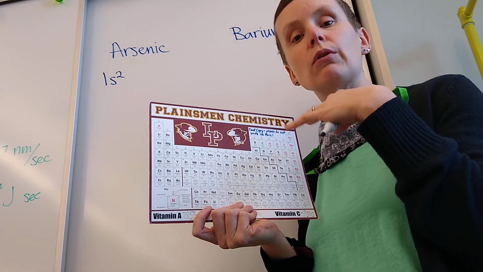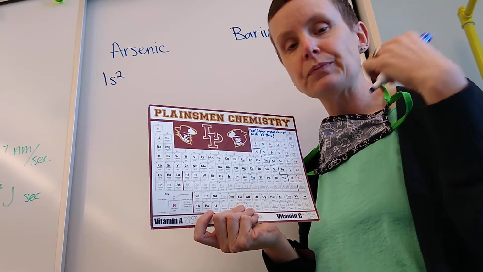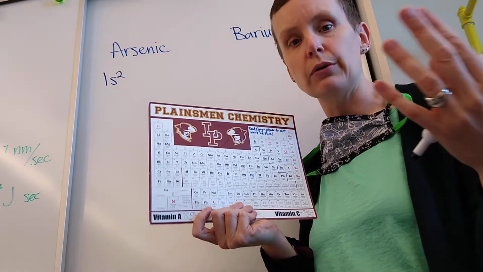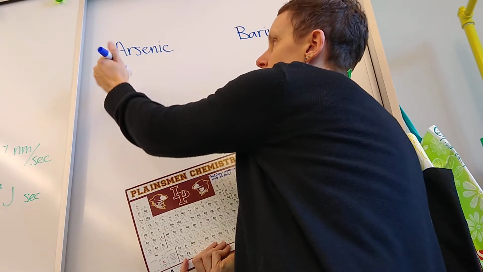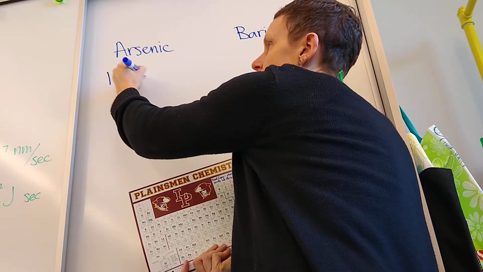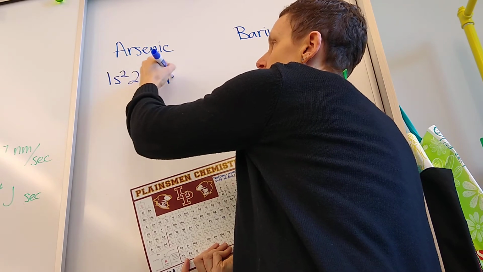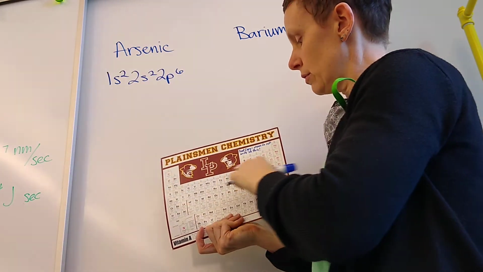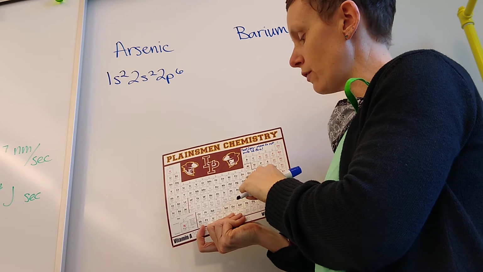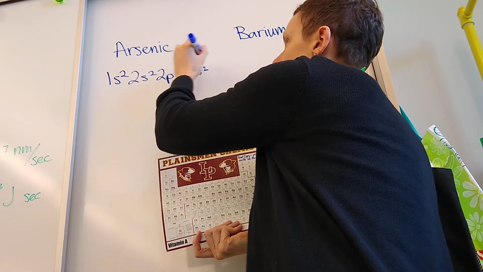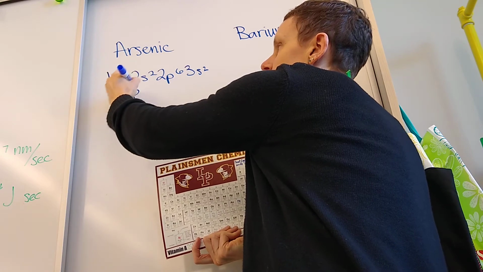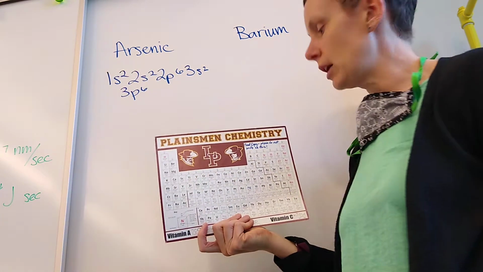But I'm just going to carry through and finish arsenic right now and not do it so slowly because we have learned this before, okay? But there's my 1s2. For arsenic, we're going to keep going, 2s2, 2p6. That carries through the second row. Arsenic's not until the fourth row, so we're going to keep going. 3s2, 3p6. I'm going to write it down here because I want to leave room for barium. Okay, 3s2, 3p6,